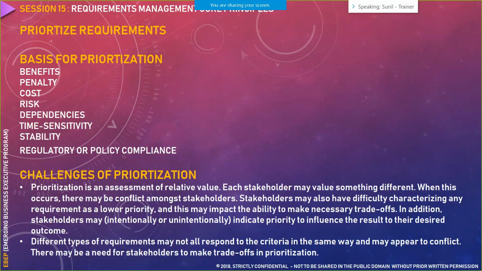Now, what are regulatory and policy compliance? Let's say the US government wants to launch a particular initiative or a particular regulatory norm in December this year. Now it's October. Does it make sense to prioritize those December requirements now? No, that is a regulatory thing that would come in December. So it's good that whatever interrelated elements or infrastructure related elements are there, we prioritize those first, so that in November we can start working on them and in December we can roll out as the regulatory norm comes into effect.